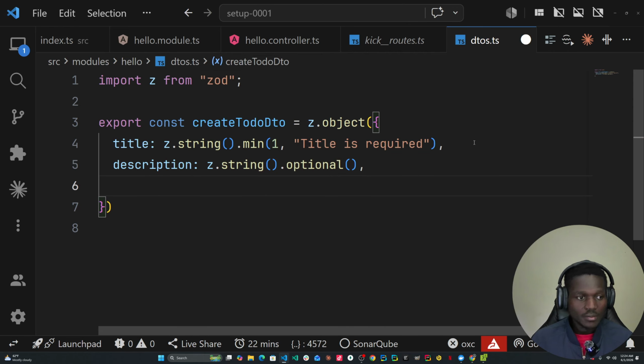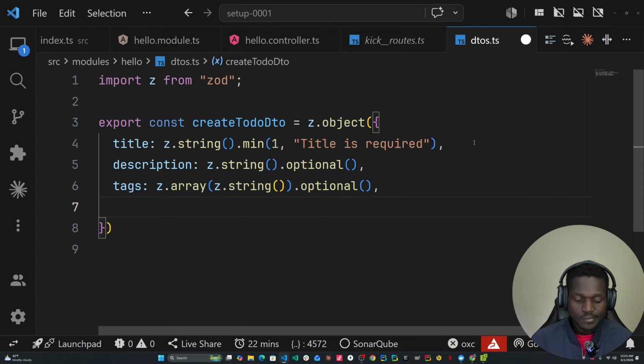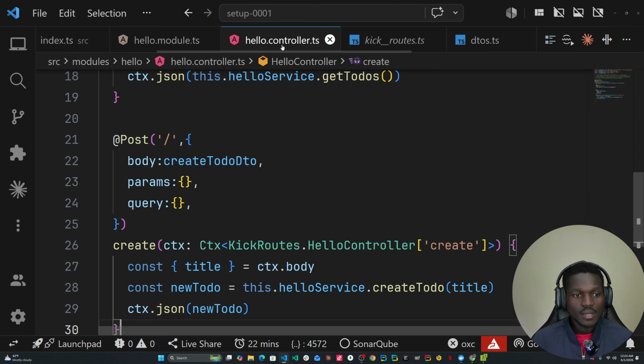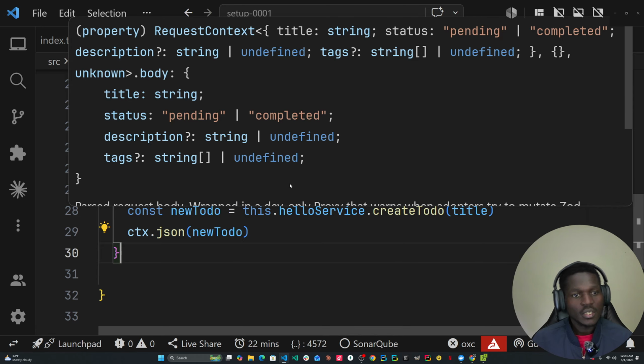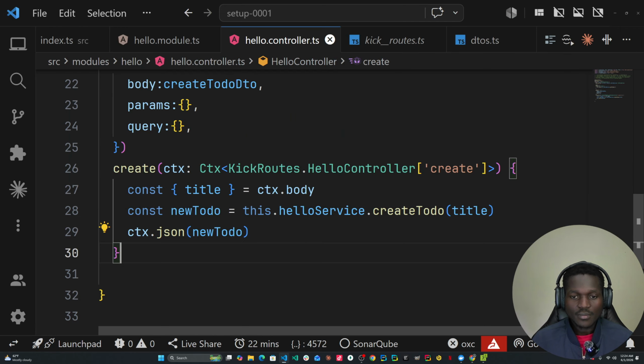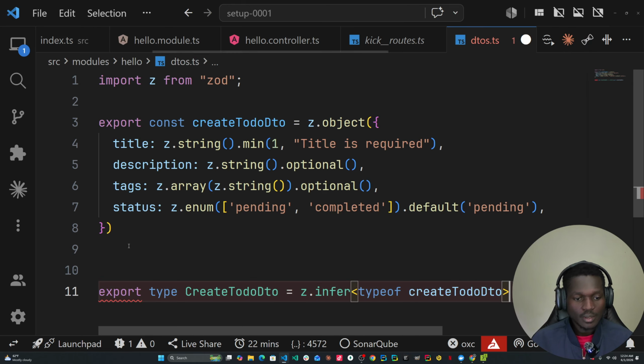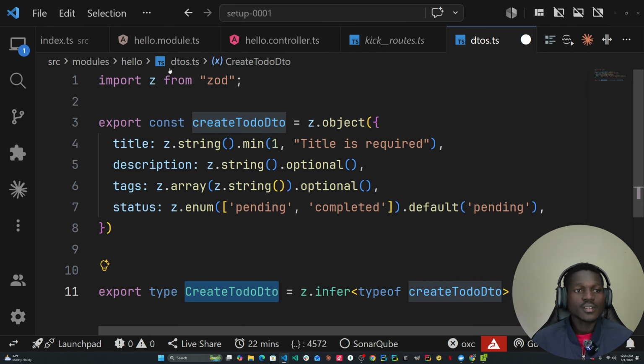I add description maybe, and status, tags, status. Okay, so I add all those, come to our controller. Now if I check on the body, you can see it's automatically inferring all these values here. All right, so as long as it's inferred, you'll get type safety end to end. Now you can export type, create to do DTO, then you have your